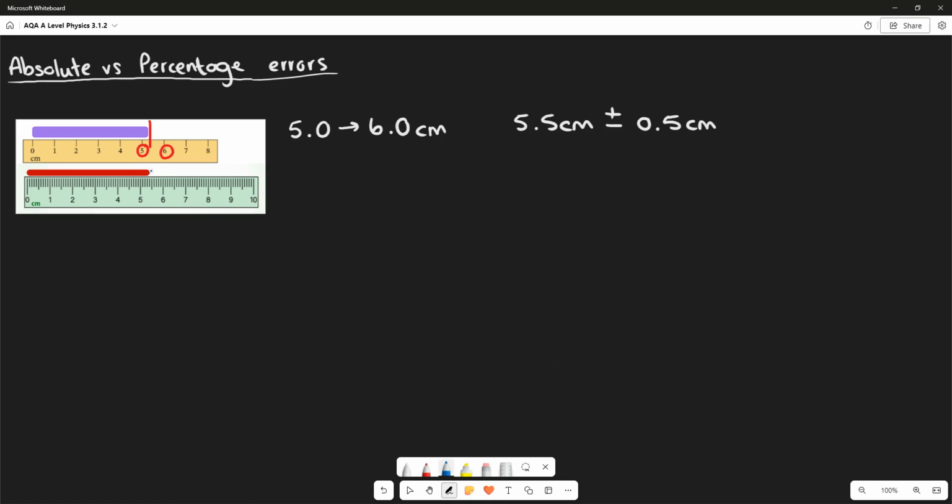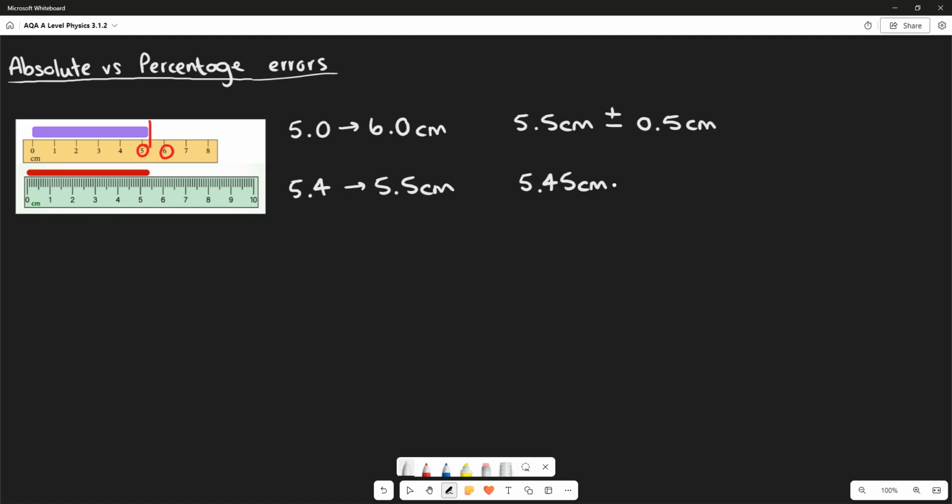With the second one, this is a lot harder, and I would want to use a magnifying glass on this potentially, but I reckon that falls somewhere between 5.4 and 5.5 centimetres. It is somewhere between those 2 millimetre markings, but I definitely can't say which one it's closer to, but it falls somewhere between the two. So I'm going to write down exactly halfway,